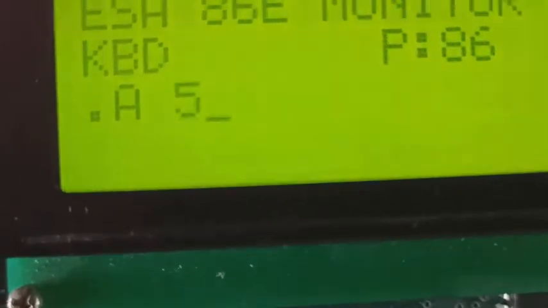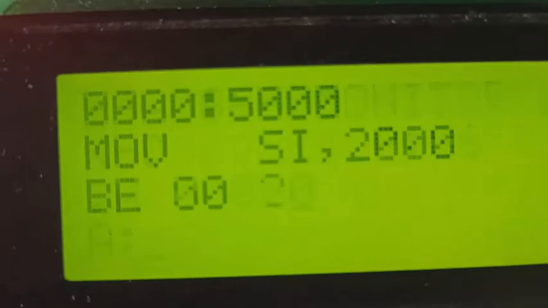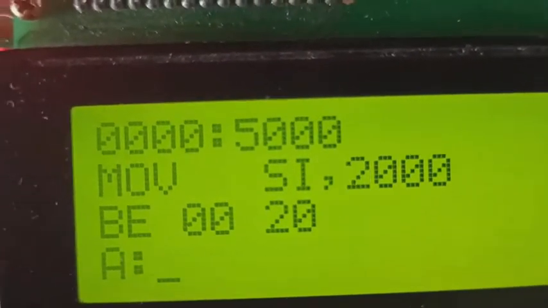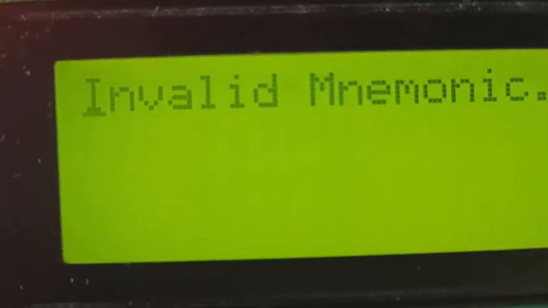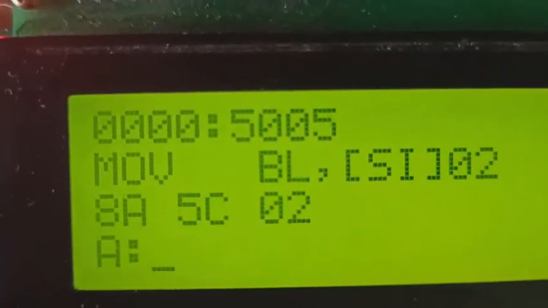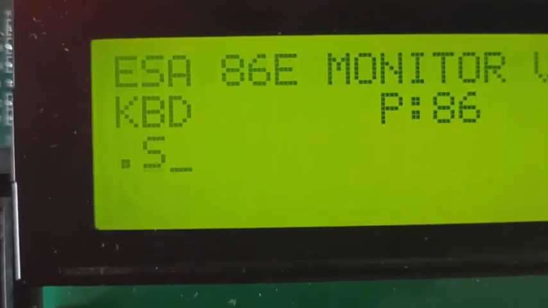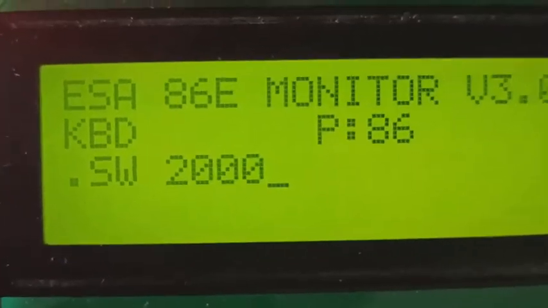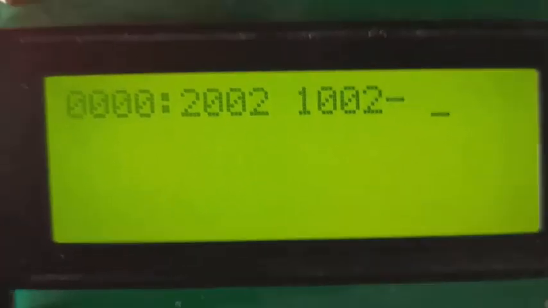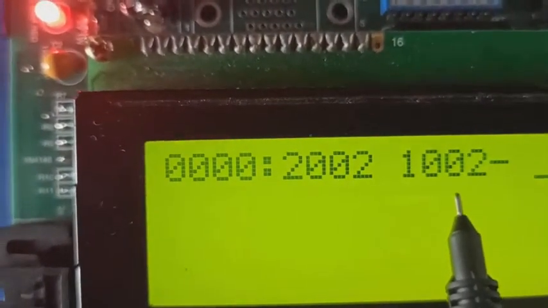I have written a program for unsigned division, SI 2000. This program is already available. What inputs have I given? I have given 0020 to be divided by 02, only the lower byte. Why?